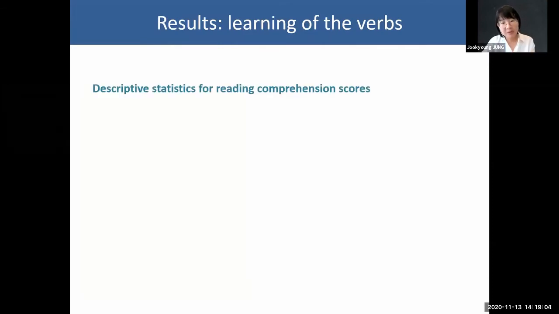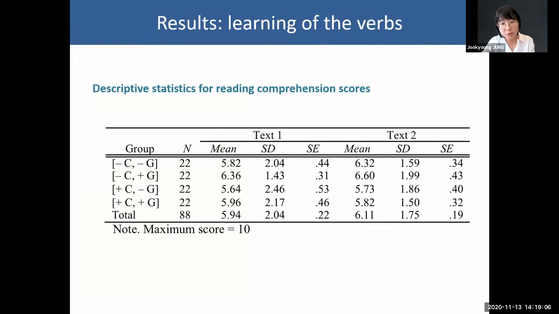Firstly, descriptive stats for reading comprehension scores. And this is the table that shows the reading comprehension scores. And it turned out that both task manipulation and the glossing had no significant impact on the reading comprehension scores. Some of you may think that this is boring, but I was also happy to see the results